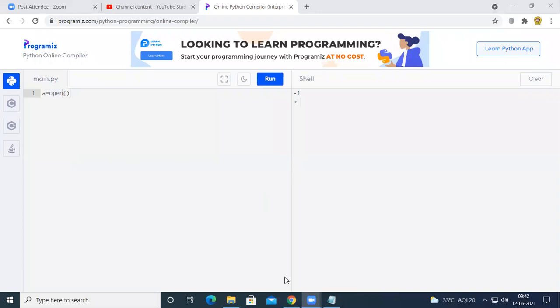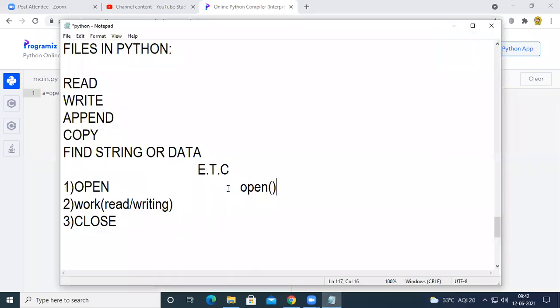Now for this open function, we are going to pass two parameters. The first one is the name of the file which we are trying to open, and the second one is the mode of the file. I will show it by writing here.